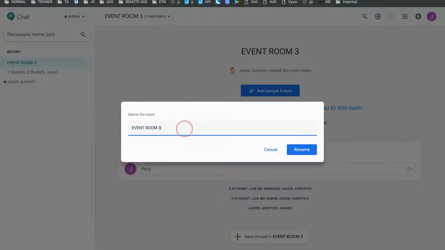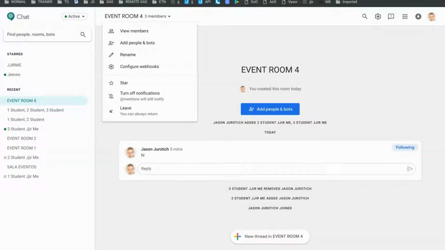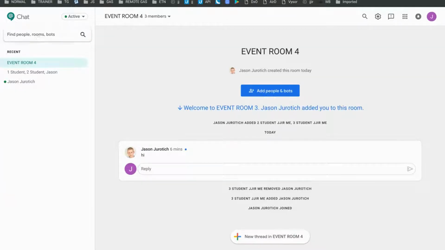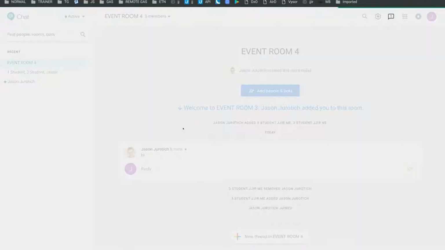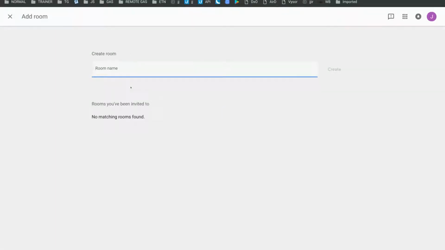So any student, for example, can come in here and click on 4 and rename it. And then again, when the person comes out here, it's still going to be event room 4. On top of that, you can actually name rooms the exact same way. So with that, I can actually go in here, create a room, and name it event room 4 to cause even more confusion. So there's various things here that have to be taken into consideration when you start using rooms,